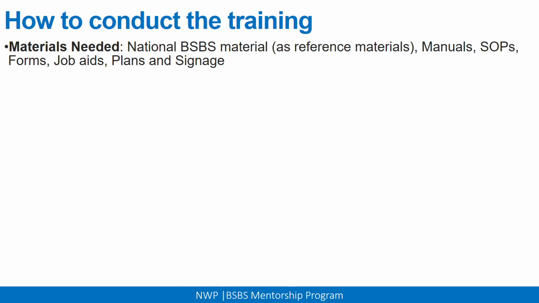Then if you have any job aids that may be mentioned in the manual, you can also try to do them in advance, or do a quick orientation or training during the manual training. Or if they're not mentioned, you can do them separately after you're done with the manual. Or if there are any SOPs that are not mentioned in the manual, you can conduct training separately. And if there are forms that are standalone, where they are not mentioned in any SOP,